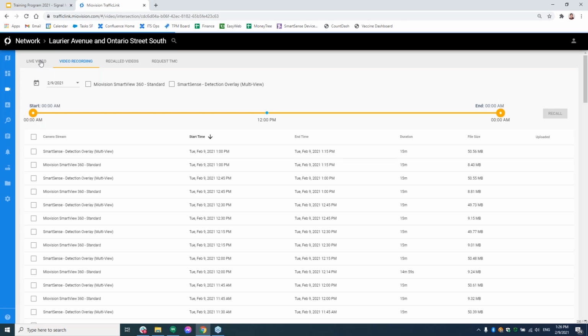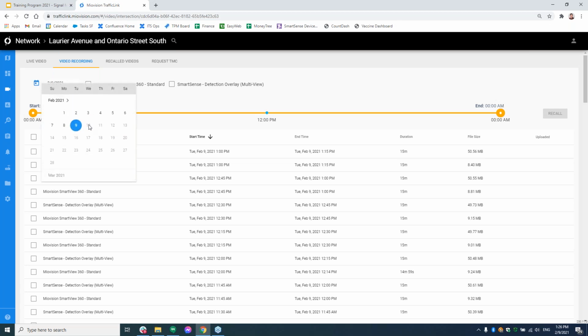But for the customers that do want to take advantage of the video, we do have both live video and video recording. The video recording actually occurs locally on the device, so that doesn't mean we're streaming up to the cloud. So I was talking about data usage before, that doesn't change with video recording. Video recording is local on the device. It stores up to about 7 days locally.